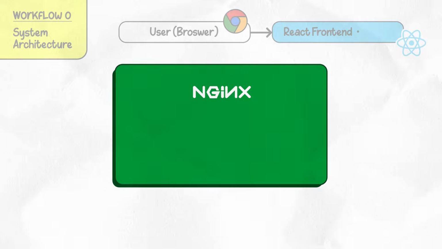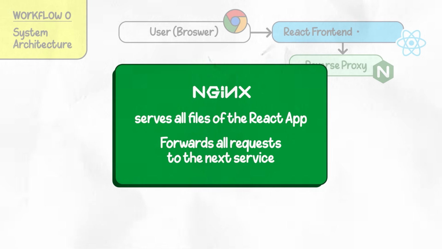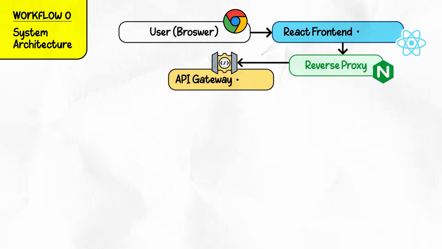Now, the role of Nginx is to serve as a reverse proxy. It serves all the static files of the React app as well as forwards all the requests to the next service, that is our API gateway service. This front-end app is running on port 3000 and the API gateway service is running on port 3001. One thing to note here is that all the requests coming from the front end go through a single entry point, that is the API gateway service. And then the API gateway is responsible for routing the request to other internal services. So you see, the front-end React app is not directly communicating with the backend internal services. Everything goes through the API gateway service.